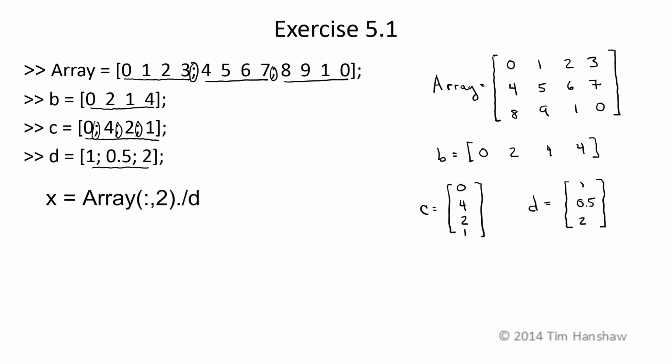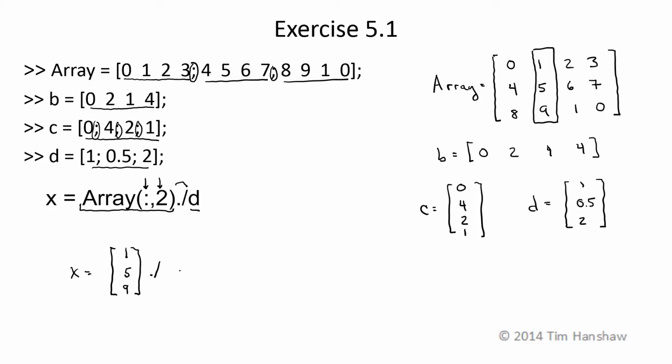Now the first part of the problem, A, is x is equal to A of colon comma 2 divided by D with a dot slash as the divide. So first let's find A of colon comma 2. These are the rows, these are the columns. Colon means you take all of the elements in that dimension. So what I want is the second column and all the rows. So x is 1, 5, 9,